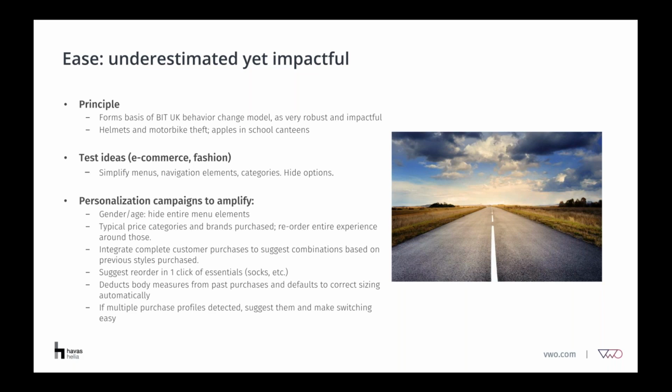There are a lot of things you can do here, but one that I really like is this: if a person is ordering clothes, let's take the basic situation where it's just for one person, you know the sizing of that person based on past orders. Then why not default all the articles to the correct size? Between brands it's going to be different, but you help the customer and make it easier. It's based on data that you already have, and you make it easier to order.